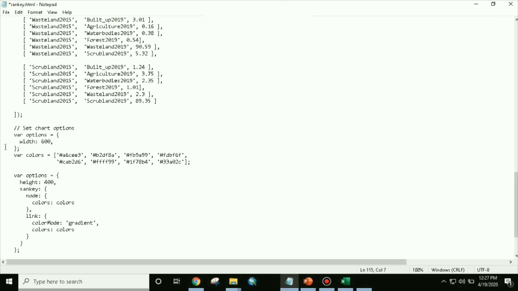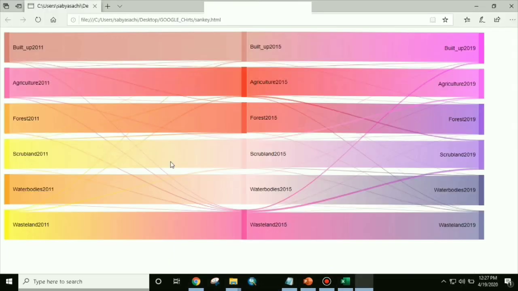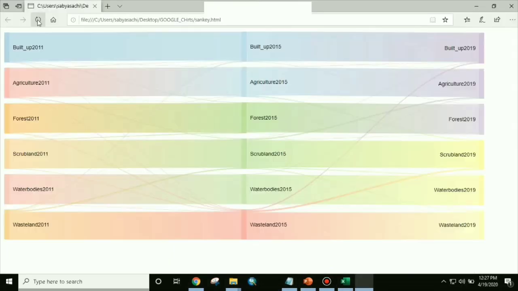You can see that our color has been changed. Now as we are having only 6 parameters, so we will only put 6 colors.